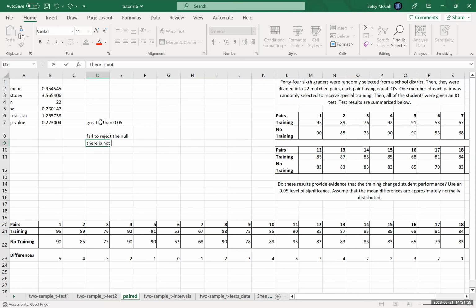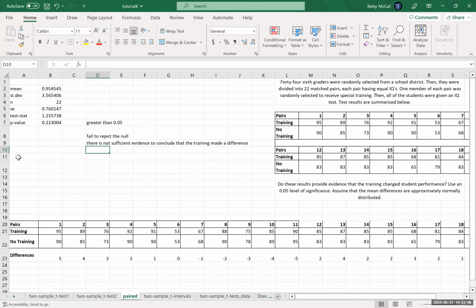And so there is not sufficient evidence to conclude that the training made a difference. So the students that received the training are not scoring statistically higher than their classmates who started with equal IQs and did not get the training. It did not seem to improve anything at all. Okay, so that was doing it the by-hand way, but because we have the raw data, we can